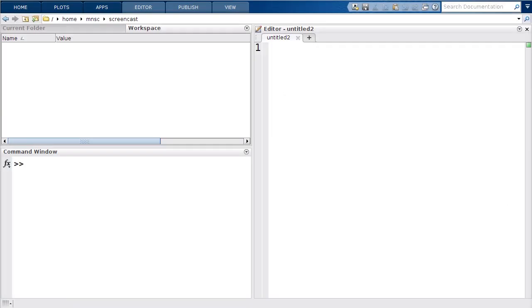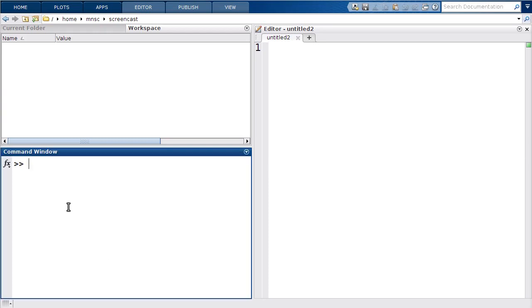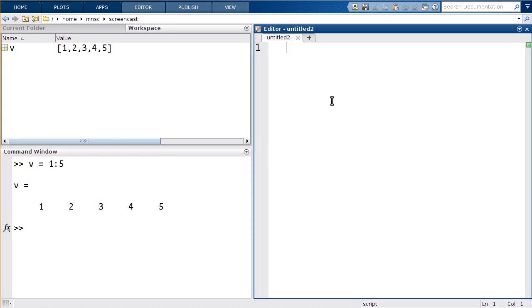Now before we start, let's just remind ourselves how we can create a vector that contains consecutive numbers. So let me create a vector v and assign the value of the numbers 1 through 5. So this will create a vector that contains the numbers 1, 2, 3, 4, and 5. Now I can go ahead and write a for loop. Let me write for, and I'll type i